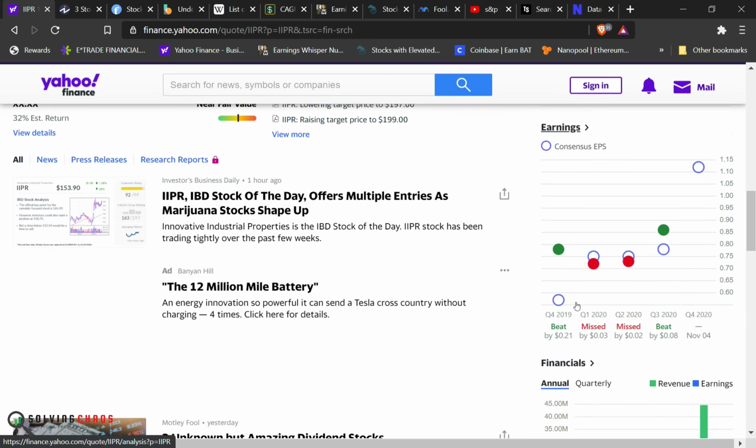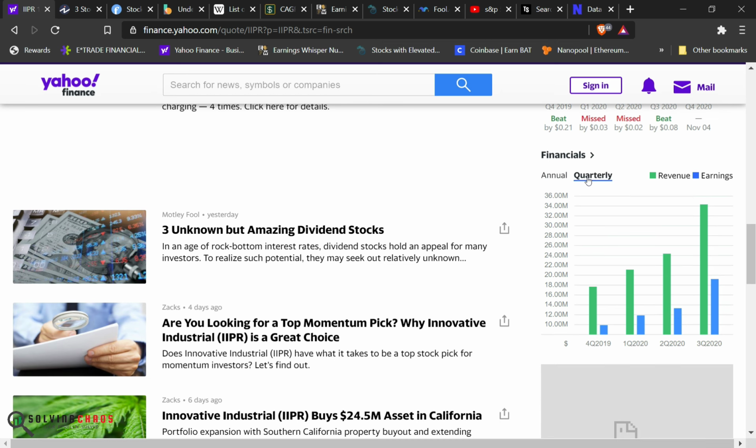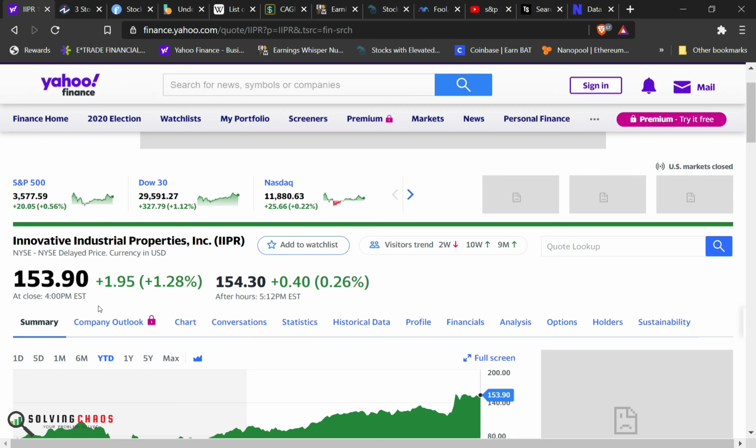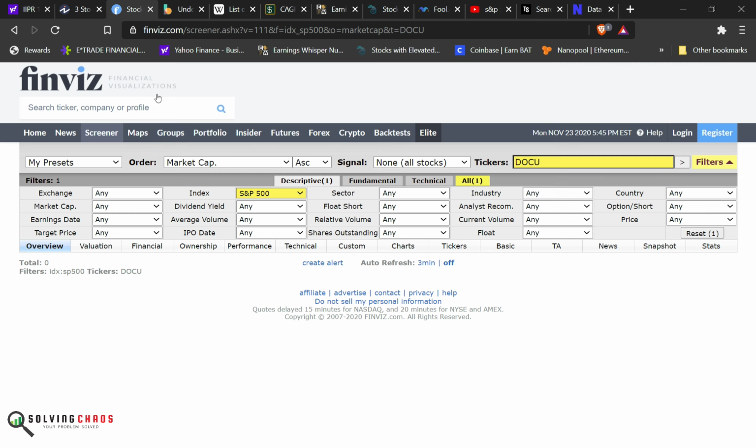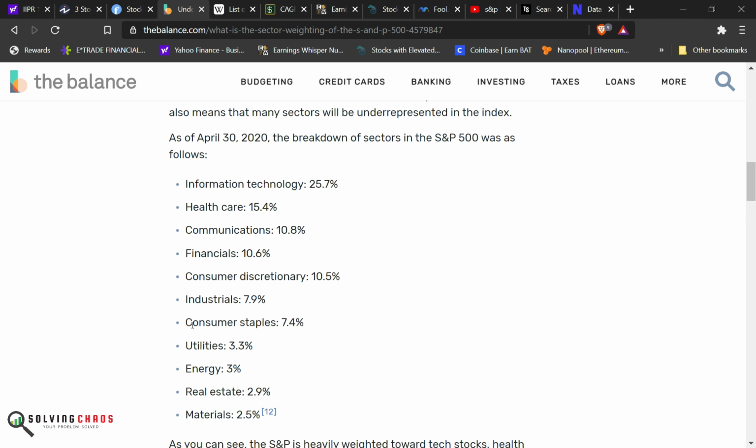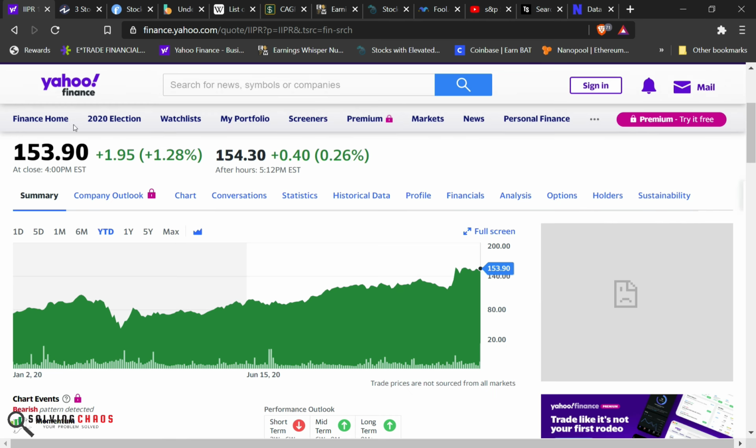Let's see what their profits are. Here you go. Annual profits. They're profitable, so they already hit the four quarters of profit. I would love to see this in the REITs, because as we looked at in the underweight, you see that real estate and the REITs are underperforming. They need to add more stuff into here that will try to bring some of the balance down. So you want to reduce some of those and add more of these. So that's what I think the S&P should do.